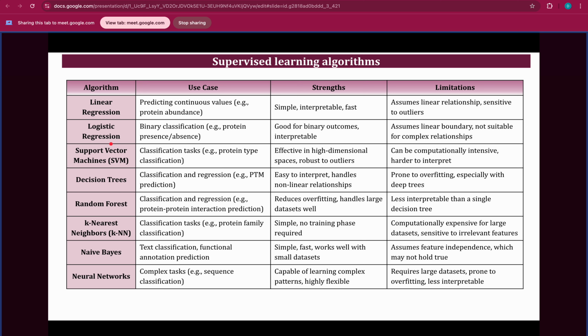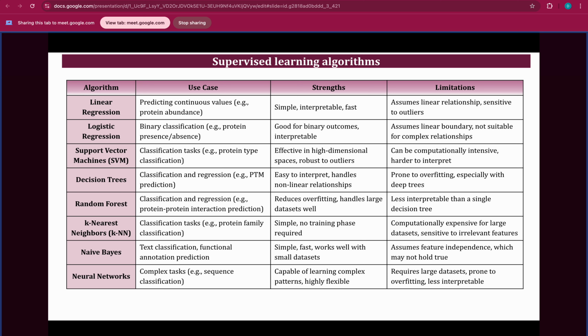Then comes logistic regression. In logistic regression, it will be a binary classification, and it will have a categorical output. It can either tell you protein is present or absent. It won't give you any numerical value. So for that we use logistic regression, and it is good for binary outcomes. So if in your data you only have to identify whether protein is present or not, then you can go for